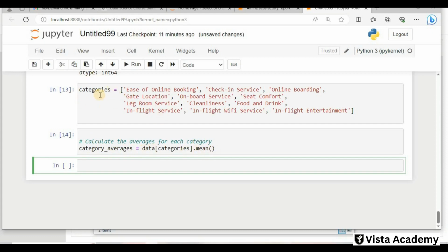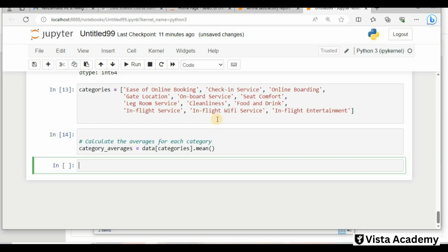So now these categories will have a mean of all the ratings our passengers have given. After this, I will create a bar chart, where we will use all these things. So what is a bar chart here?